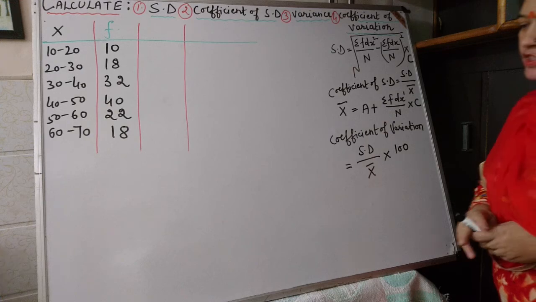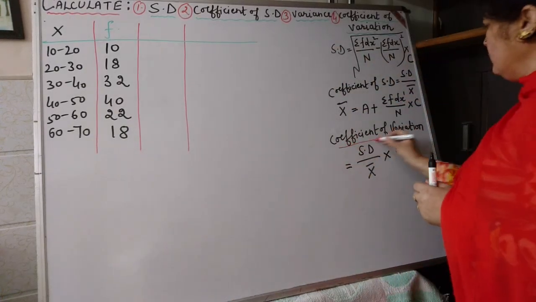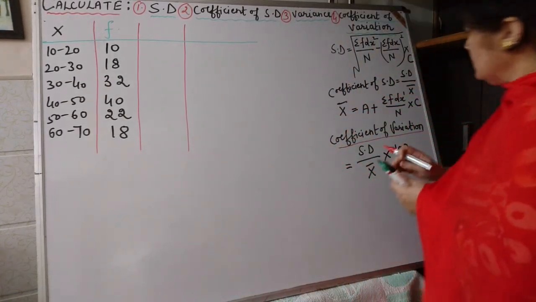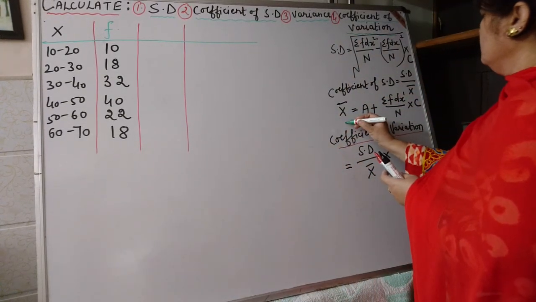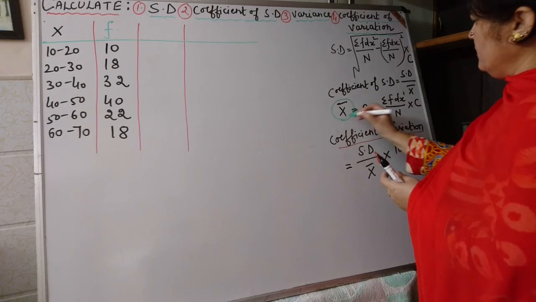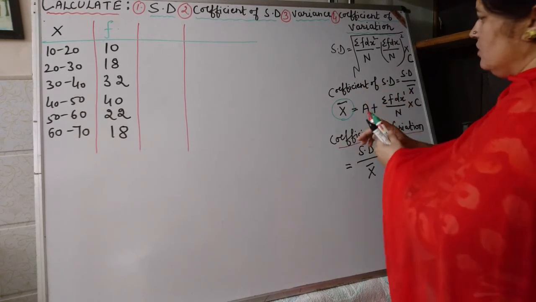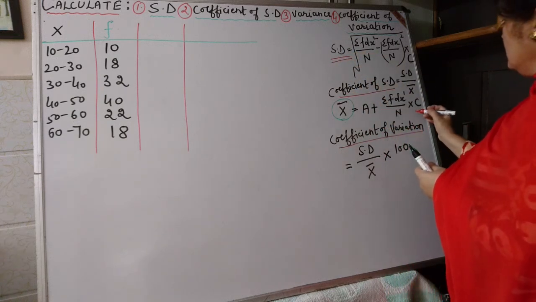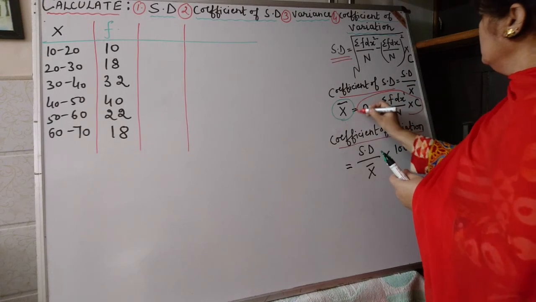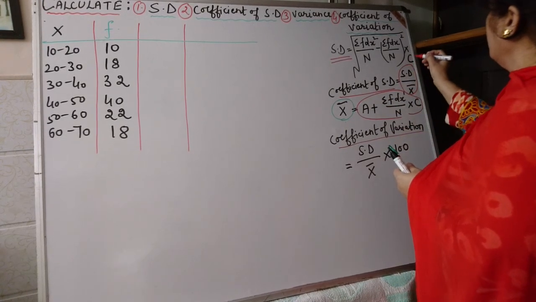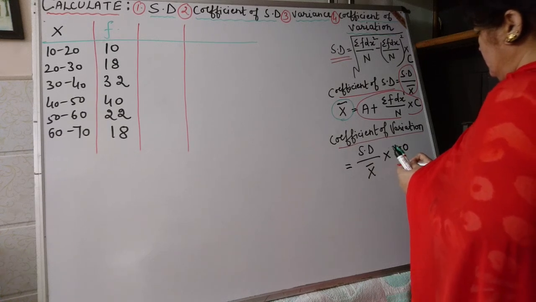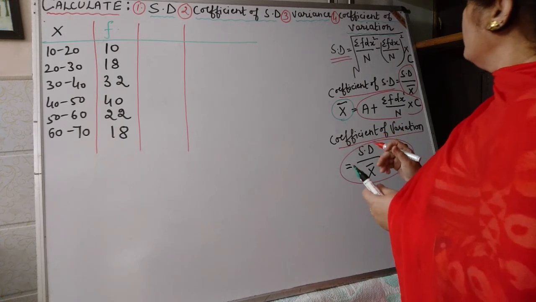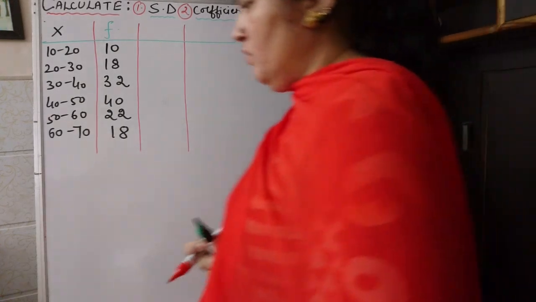Only coefficient of variation is such a type of measure in which your answer will be positive. Otherwise, for all coefficients, the answer can be less than 0. This is standard deviation. This is coefficient of standard deviation and this is coefficient of variation. So these all are the formulae related to standard deviation, coefficient of standard deviation, variance and coefficient of variation. These all are the measures of dispersion.